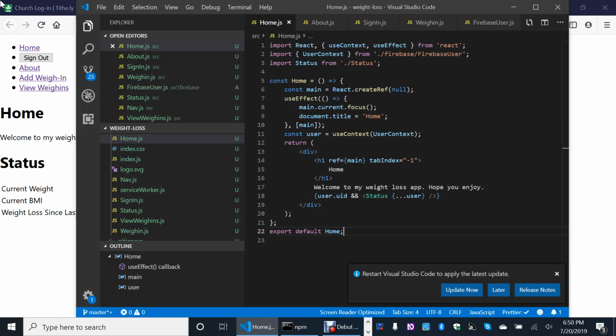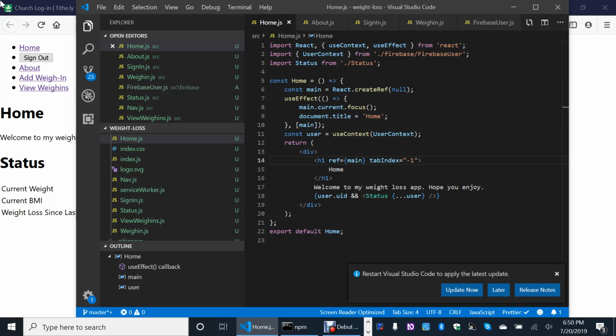Okay, so I have a home component here, since this is the simplest component that I have. You'll see I have my inputs at the top. So a ref is an object that you declare here, React.createRef, and this main ref here is a variable. You would declare it at the top of your function if you're using a functional component, or you can use this in class components as well. And then in your markup here,